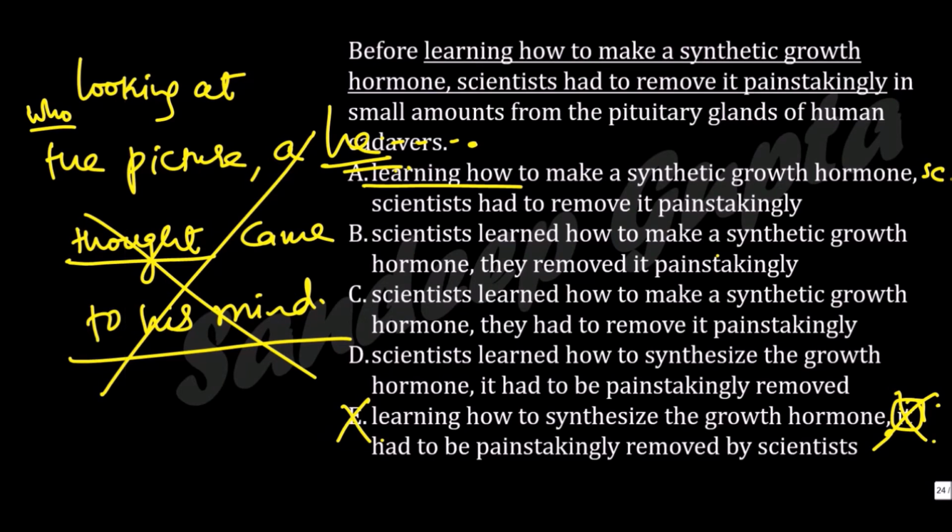Now I hope you realized something, my dear friend. Any question above 700 level will surely test meaning clarity. You cannot get this answer by grammar alone, because you might feel that option A is grammatically correct and option C is grammatically correct. Yes, they are actually grammatically correct, but they have the wrong meaning. And this meaning clarity is something that you'll have to really focus on if you want to solve all the 700 plus or 750 plus level questions easily in sentence correction.